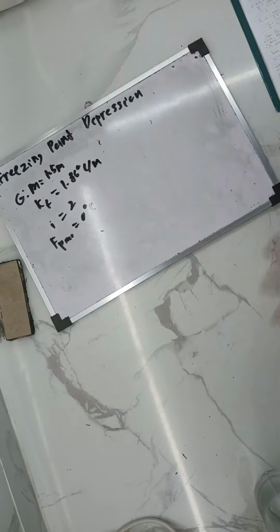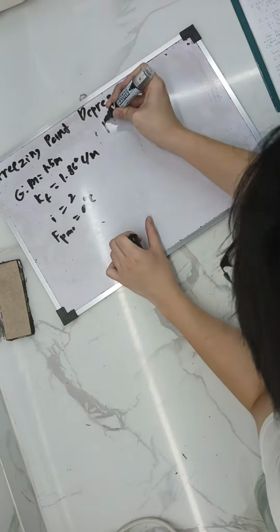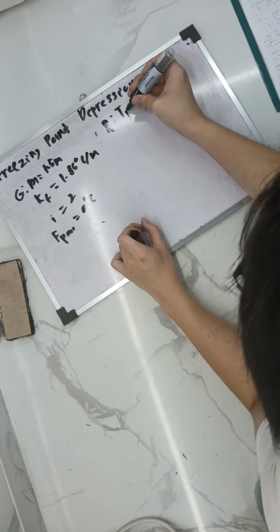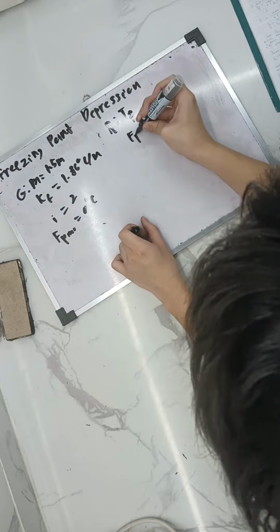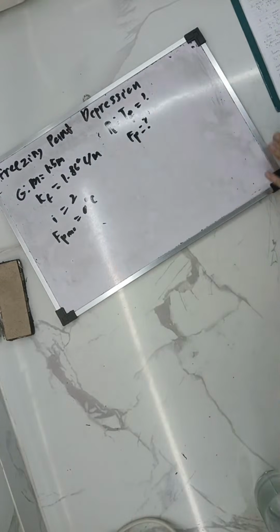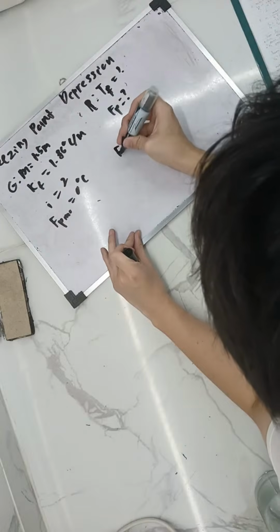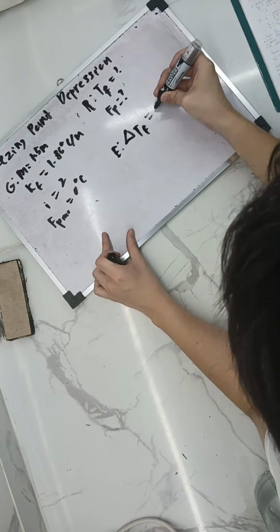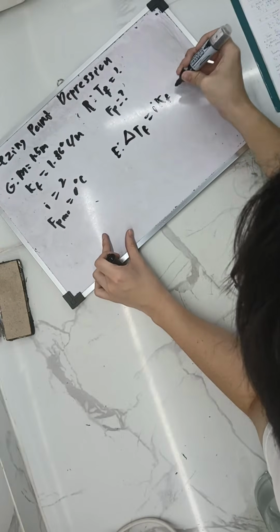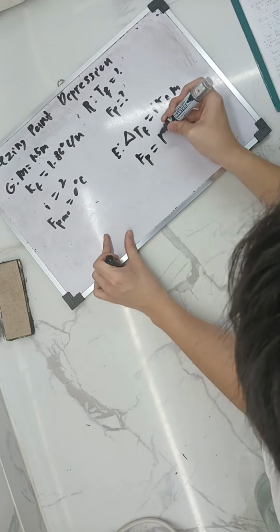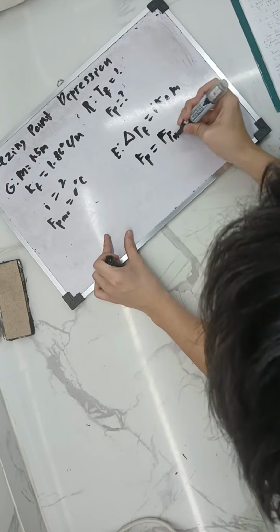So, what are we looking for? In the word problem at least, we are looking for two things: our change in freezing point, as well as the freezing point of the new solution. So again, we're just going to be using the equations that we know. The change, or the freezing point depression, is equal to i times Kf times m. And our freezing point is equal to the freezing point of H2O